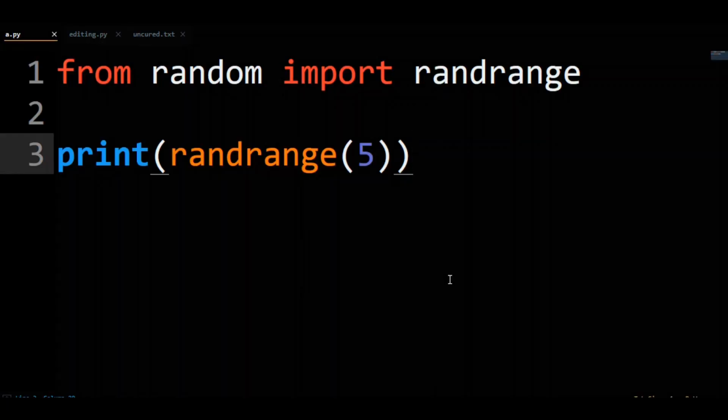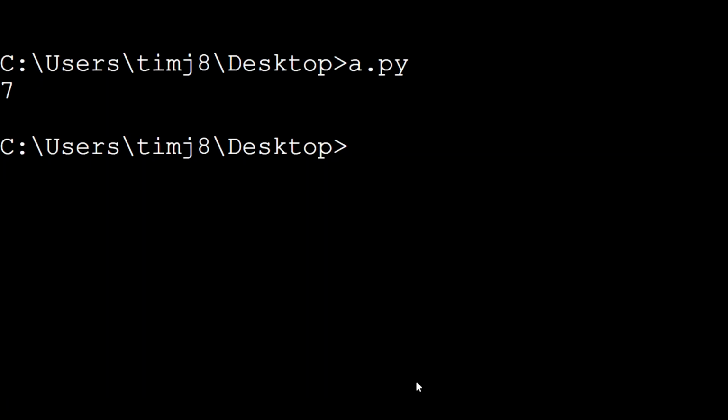If we pass two numbers to rand_range, it is like calling range with two numbers. It generates a number between the first argument and one less than the second argument. Let's call rand_range with 1 and 10 plus 1 and print the result out. If we run the code, we will see a random number between 1 and 10.